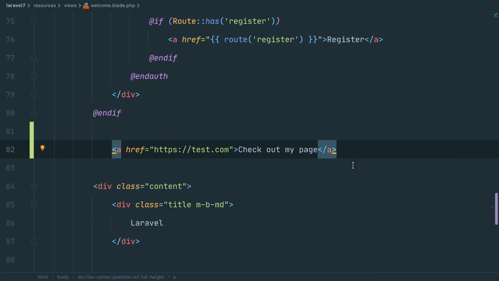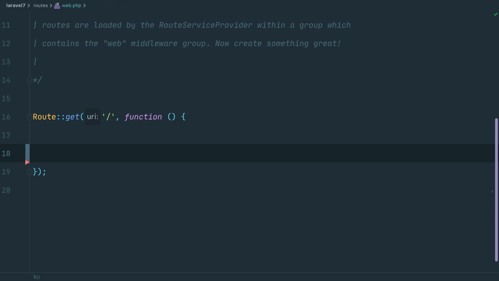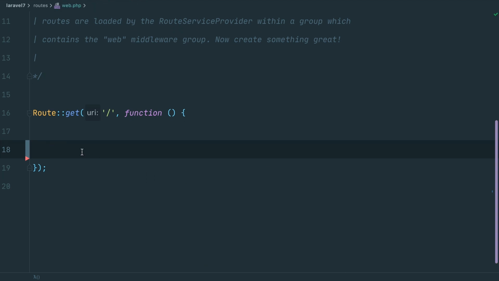And now there's one more thing I want to show you. Let's go back to our route file. And now I want to talk about postfix templates. So this is also a special case of live templates. So postfix templates are useful if you already have an expression like users, and now you want to also surround it with a template. So this can be done with live templates, but it's a little bit easier to use